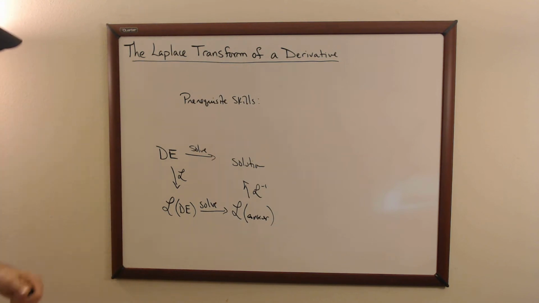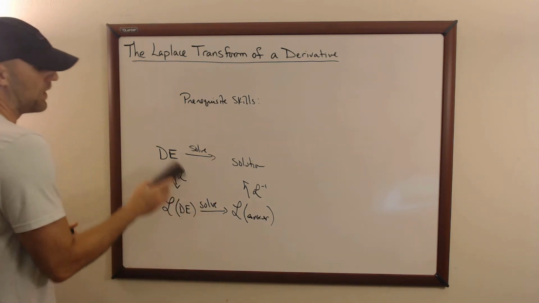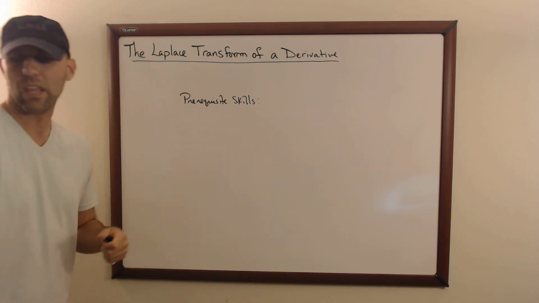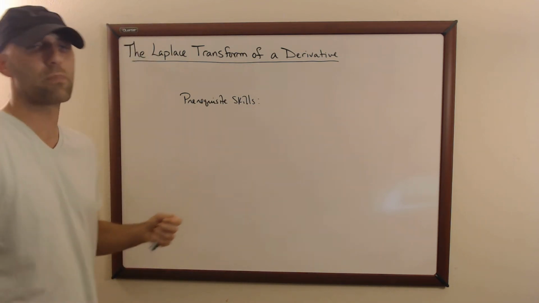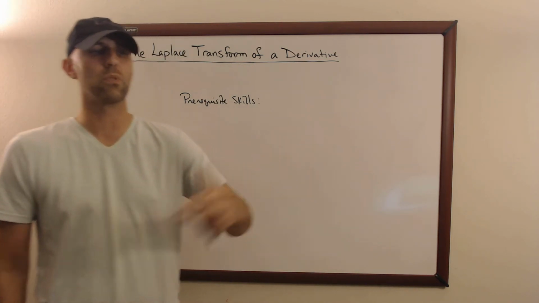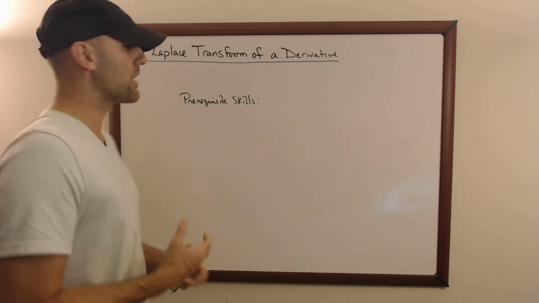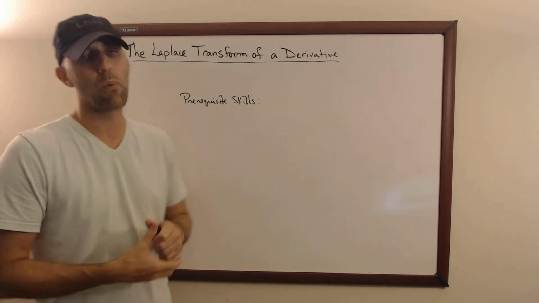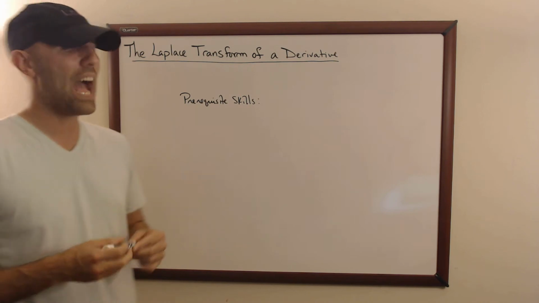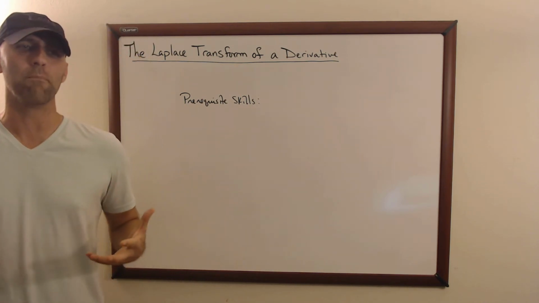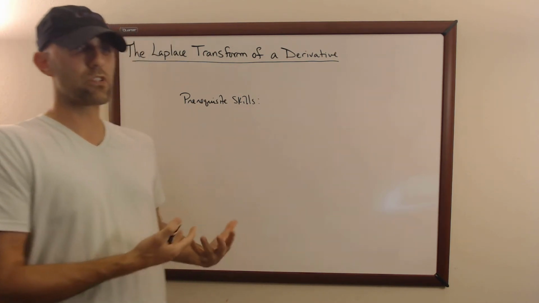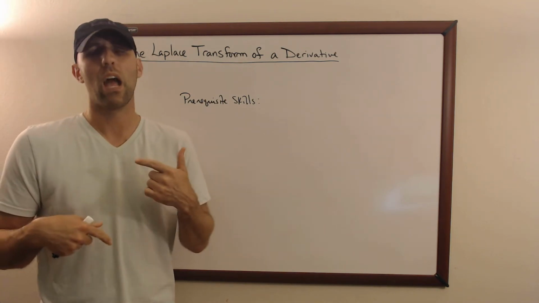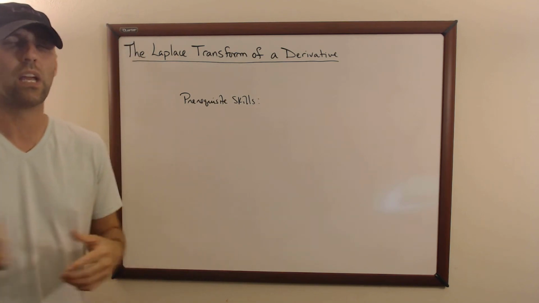The reason is that solving while it's inside Laplace transforms is easier. But in order to do that, we've talked in previous lectures about the ability to translate various functions, and to untranslate various structures we may end up with on the back end. But what we haven't talked about is how to translate, let's say, y prime. I know the Laplace transform of a function, but I don't know how to translate the Laplace transform of the derivative function. So we'll talk about that, and then how we're going to use this to actually solve some